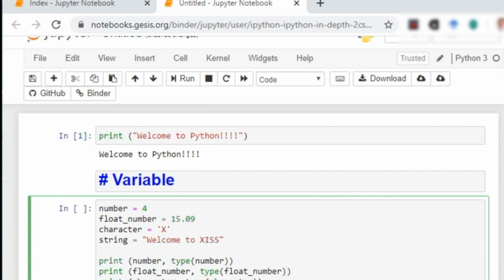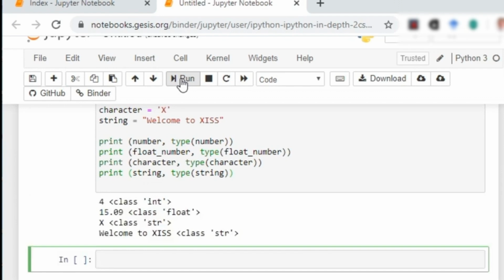So as you can see, we are trying to find out what are the types of the variables that we have declared here. Now if I hit run, as you can see, this is the class int, this is float, right, this is string, okay,